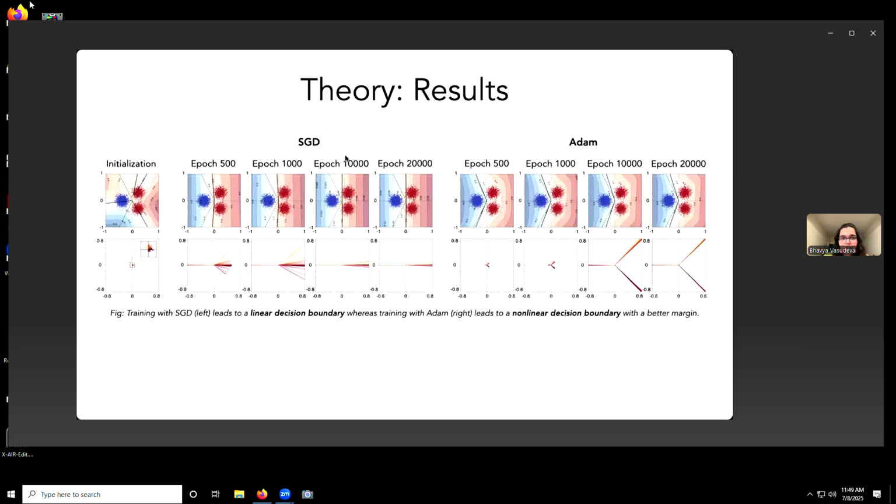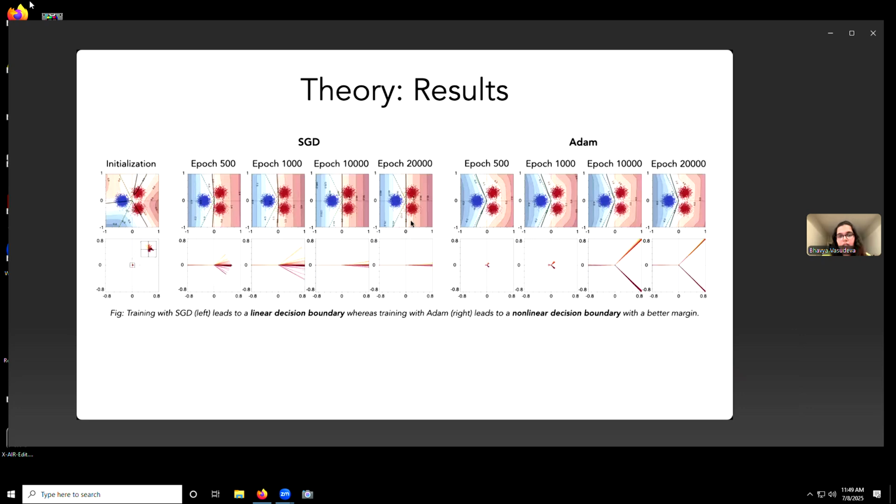So this figure shows the numerical simulation in this setup. The top row shows the data distribution and the evolution of the decision boundary over training time. And the second figure shows the neurons in the first two dimensions. The colors denote the quadrant that the neurons are initialized in. So we initialize randomly and we see that as training progresses for SGD, the neurons only converge in this